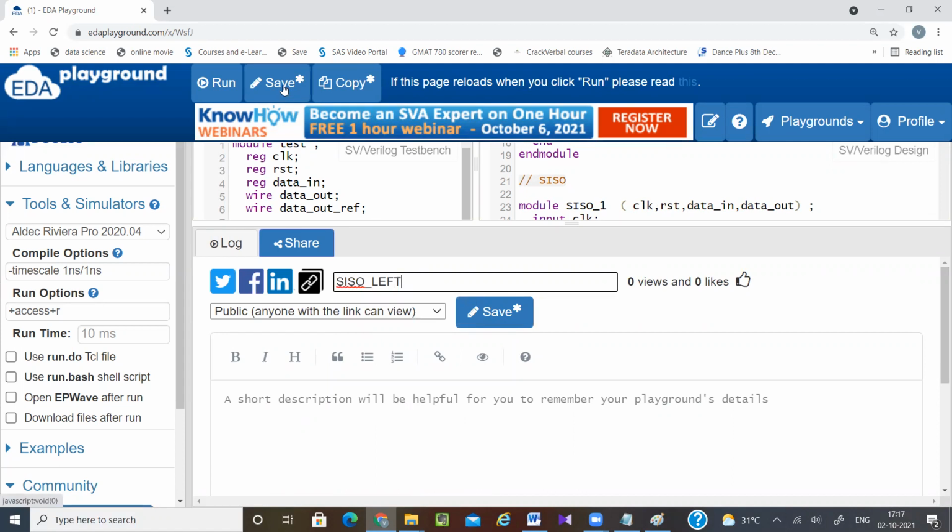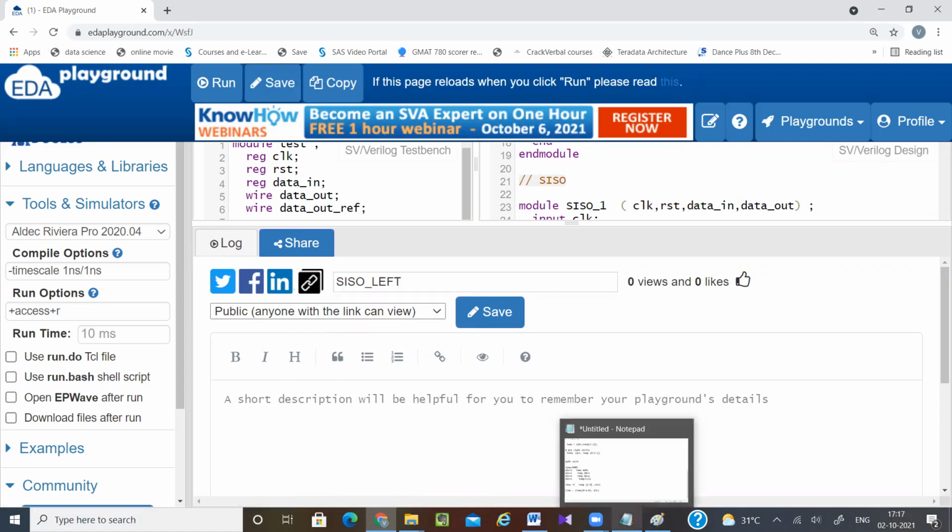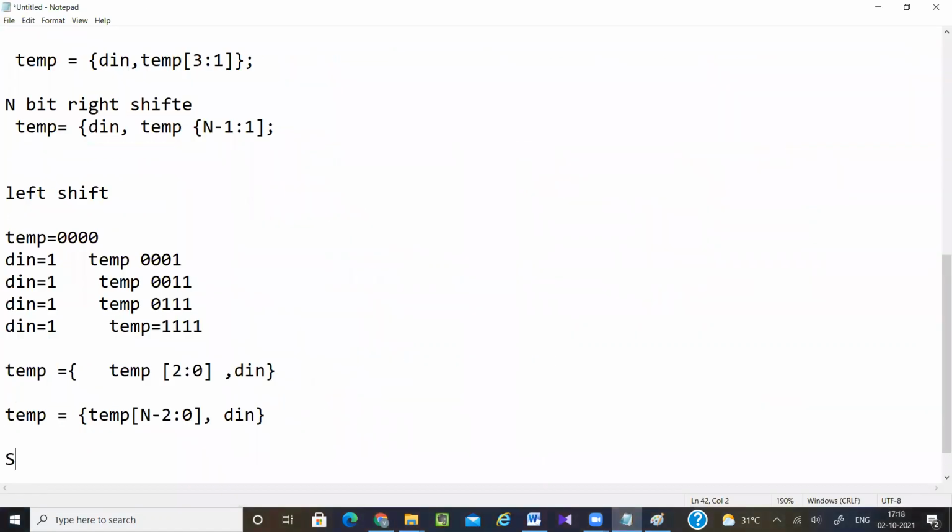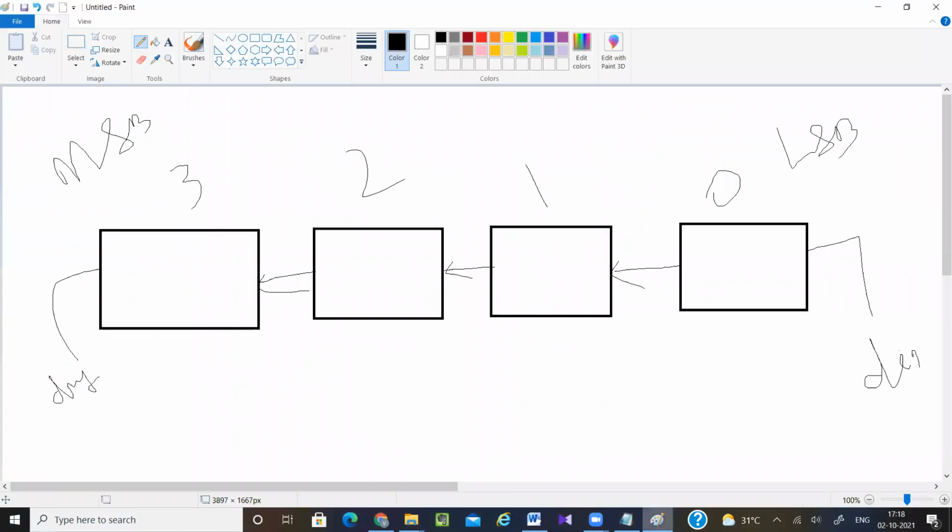Now the next one is SIPO. Why am I explaining SIPO with respect to SISO? Because their working principle is the same. SIPO means the value will get shifted serially, but what is the difference? The difference is in the output. For SISO, output is taken as 1 bit. For SIPO, output will be taken as 4 bits.